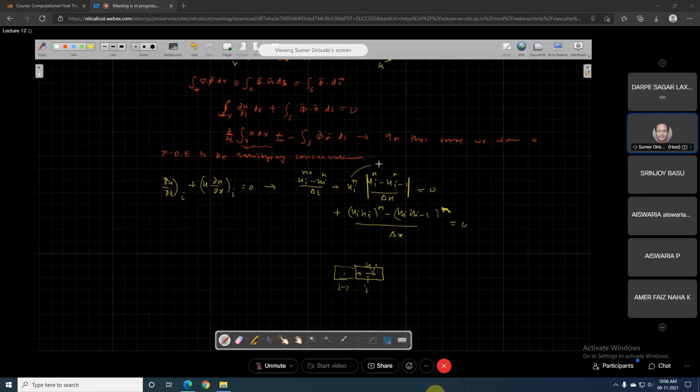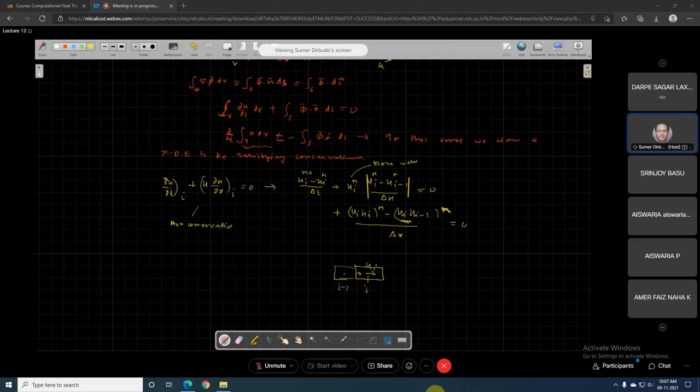Ui is the flow velocity, so it is like a transportiveness. Similar to conservativeness, it should be transportiveness also. So the transport should come from I minus 1 to I, not from I to I minus 1. Because of this we do not see conservativeness, so this particular formulation itself is called the non-conservative form.